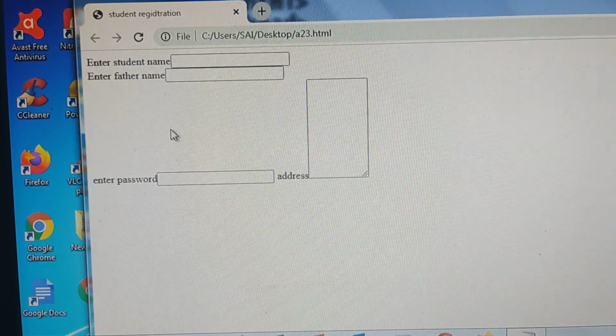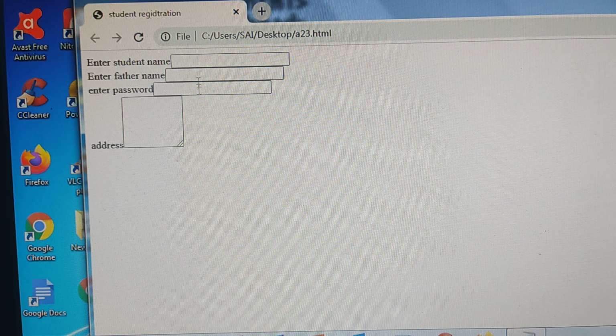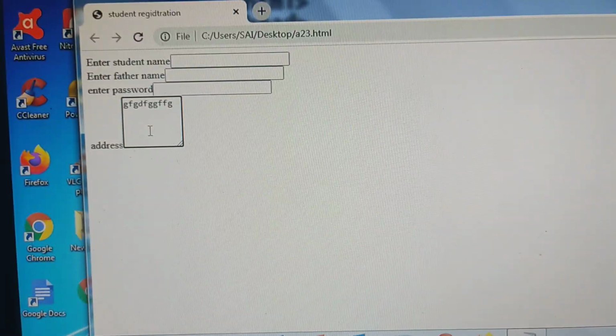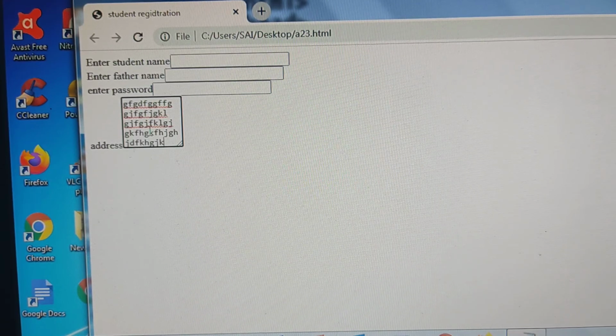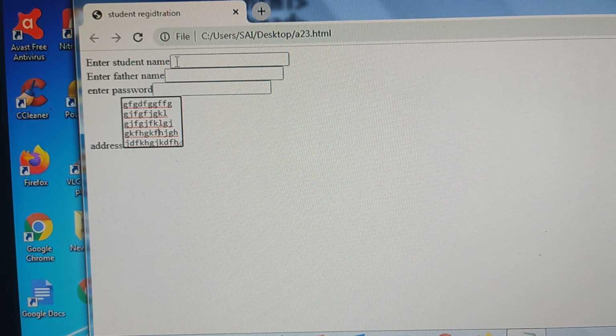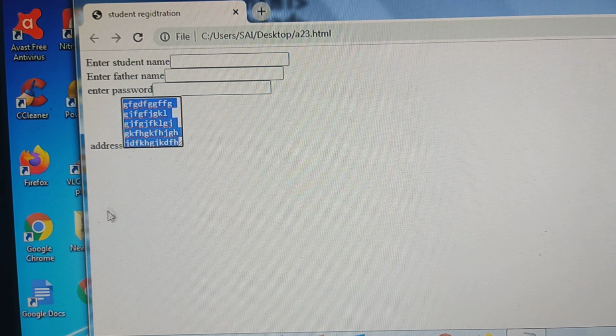Save it, browser window. Right, this is the password. Next, this is the text area where you can see how many rows I have given. 5 rows, no? 5 rows of text you can enter. So what is the difference between this and this? Here you can enter only one line of text. Here you can enter multi-line text.